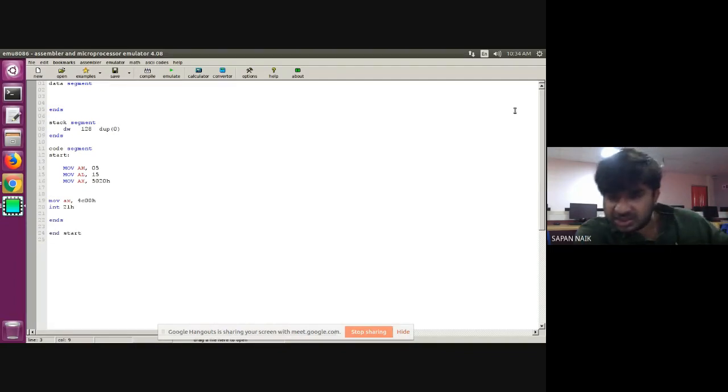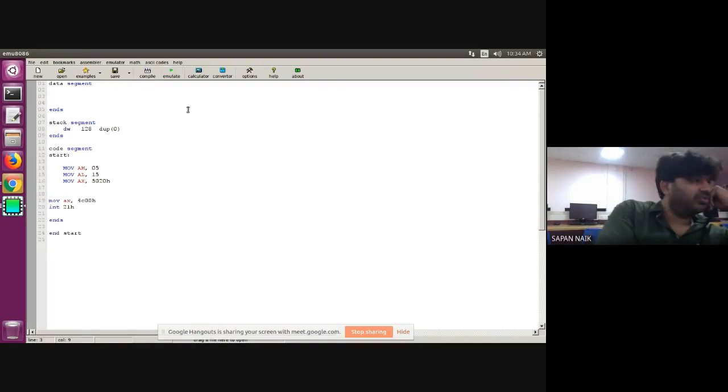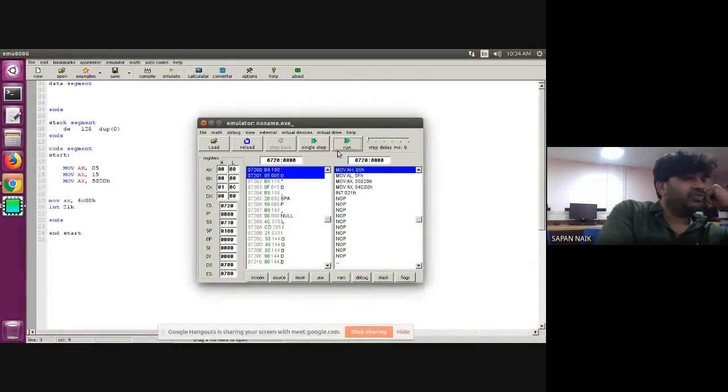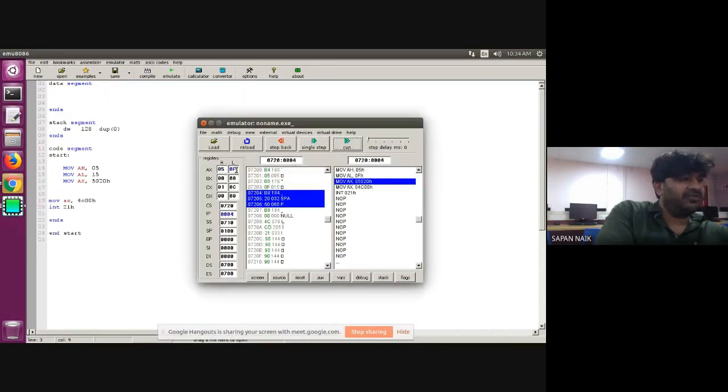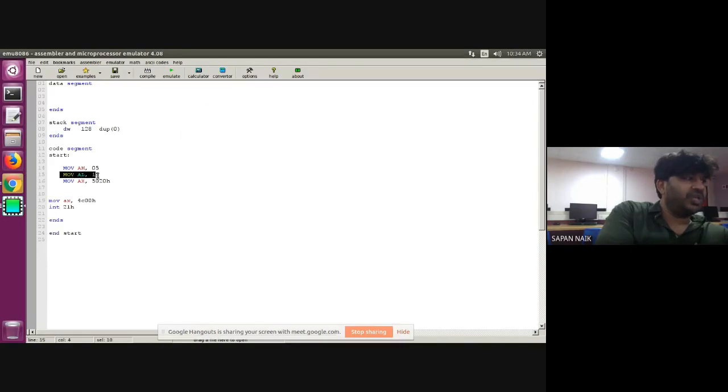Someone is asking where the F is in the execution part. Okay, let me check. This F is 15. You are transferring MOV AL, 15. So 15 is a decimal number.